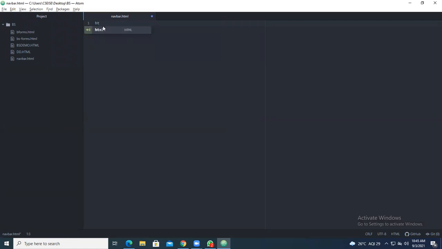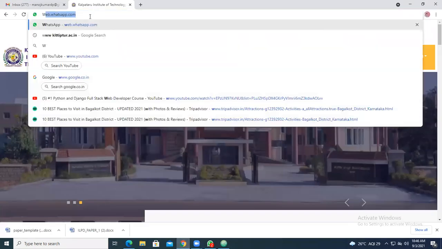So first you have the contents of the HTML. So title you give navbars. Title you can give in caps or small, go with a title. Before you go with a body, you have to choose a particular link. In order to get the drop down menus, nav bar menu, everything, you should have a link of the CSS file as well as scripting file. For that, go with a website